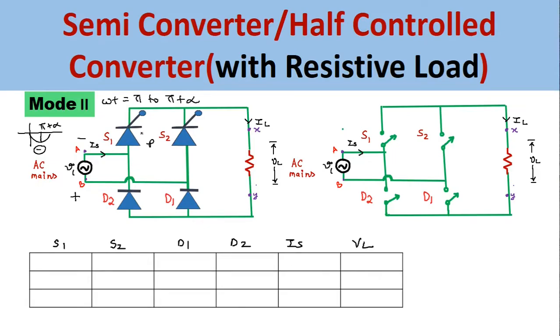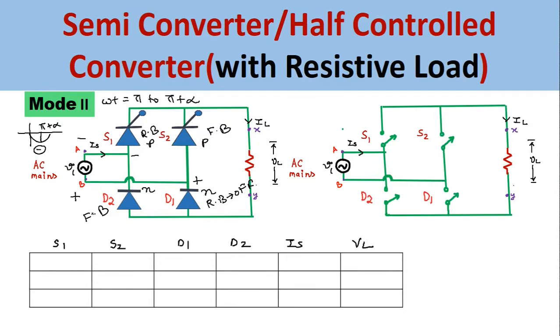So this S1 SCR will go into the reverse bias condition, and when this negative sign goes into the N side of this D2 diode, this D2 diode will go into the forward bias condition, and the positive polarity at the B terminal will go to this P side of this S2 SCR. So this S2 SCR will go into the forward bias condition, and when this positive sign will go to the N side of this D1 diode, this D1 diode will go into the reverse bias condition. Eventually it turns off. So here two devices, that is S1 SCR and D1 diode, will be in the turn off condition when negative half cycle is applied to this circuit.